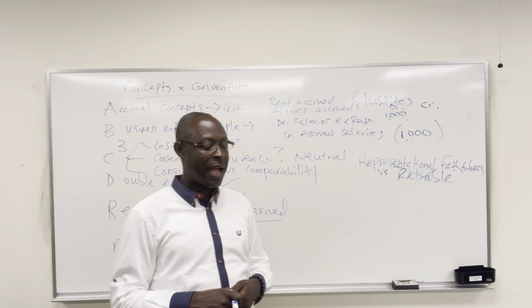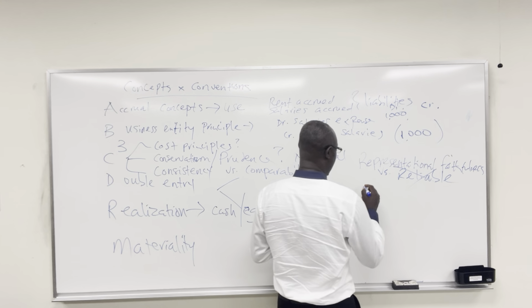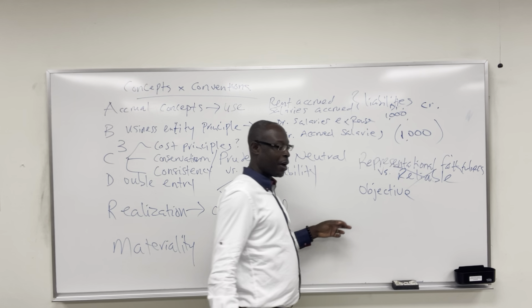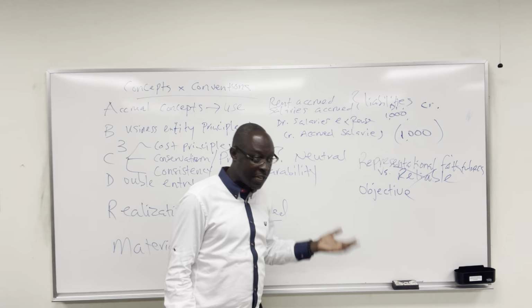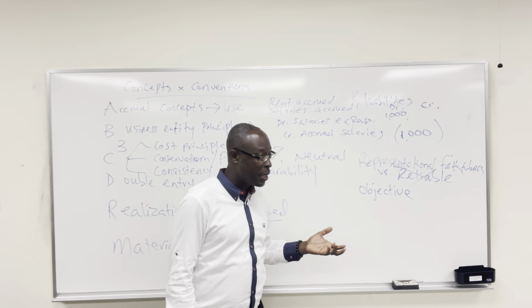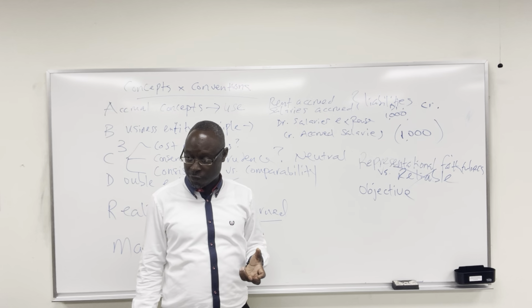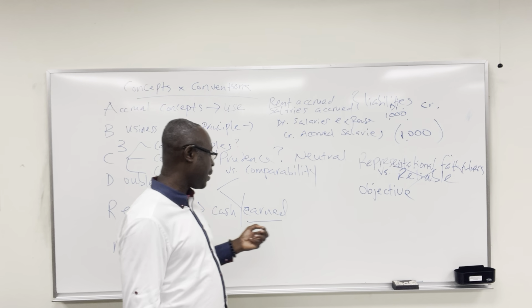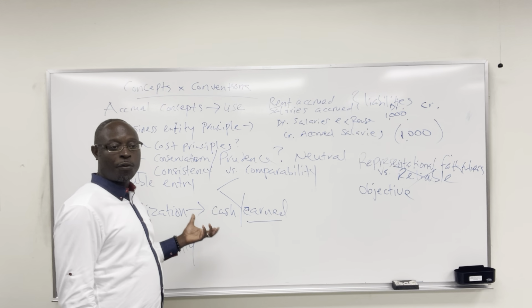You will hear that. And then also think about objectivity. You have to be objective instead of subjective. Use information that most people know to be true. Don't make up your own numbers, for example. Does that make sense? Okay. And we already talked about materiality, which is very important.